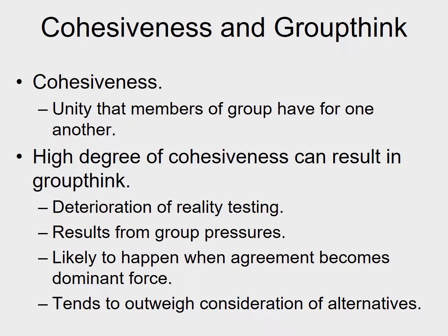So the norm is that we need to all be on the same team. We need to be together on this. And that starts to become a pretty powerful force to stop people from bringing up their own doubts, their own problems with what's happening. And a good part of team decision making is allowing that process to occur. So it also tends to outweigh considerations of alternatives. Usually when we see cohesiveness at a very high level where it starts to become groupthink, teams tend to make decisions very quickly. The decision-making process of a team should take some time. It should take more time than just having a manager make a quick decision. That's a part of the advantage of having a team.